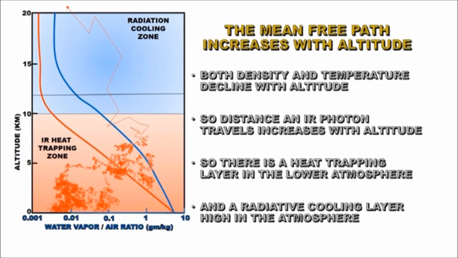Above that, where there are relatively few encounters and eventually the photons escape, is a layer which is a cooling zone. This is the layer that cools the atmosphere. This is responsible for our actual temperature. And that layer is mainly controlled by carbon dioxide, not water vapor. By the time you get there, there's very little water vapor left.